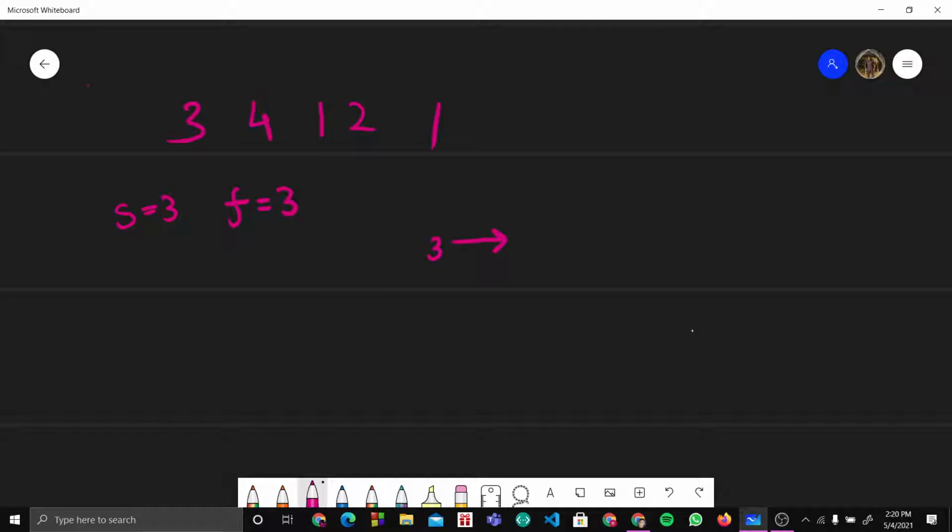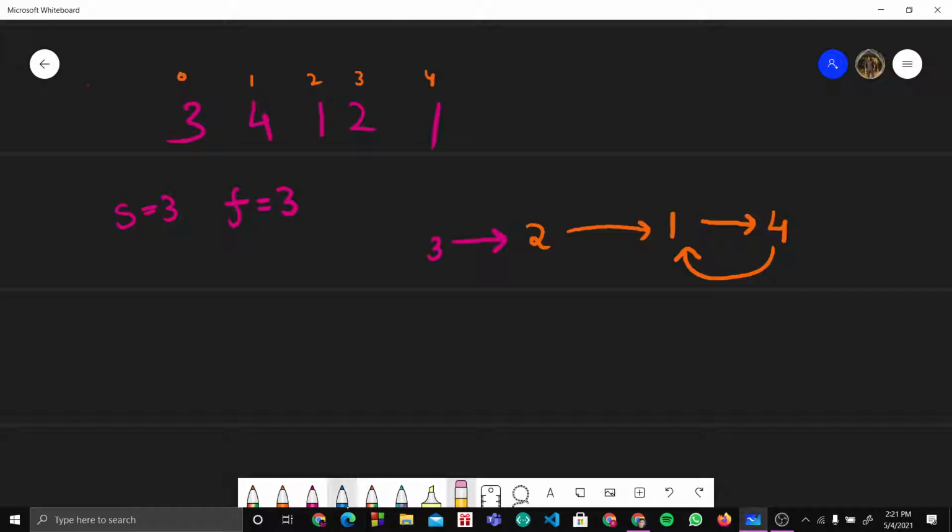Now 3 will move to the other values, so I will be going to a of 3, which, with indices 0 1 2 3 4, is 2. Then I go to a of 2, that is 1, then a of 1, that is 4, and then a of 4, that is 1. So you can see there is a cycle over here. Got it? This is the thing that we are looking for.